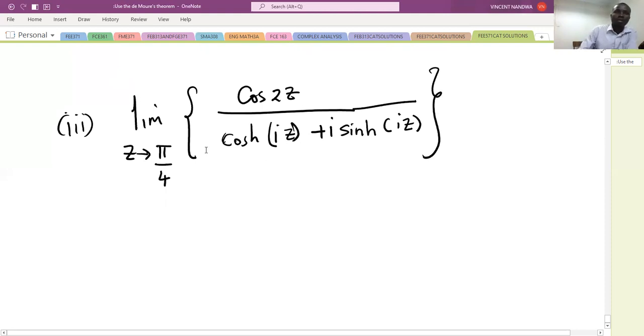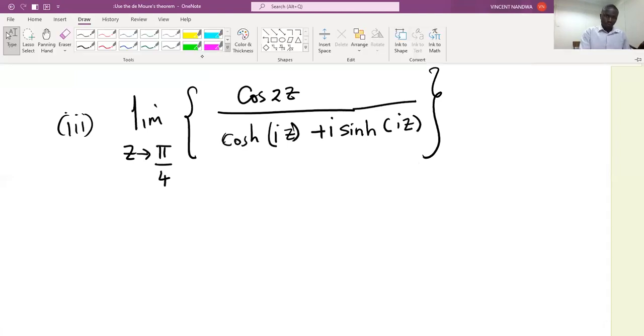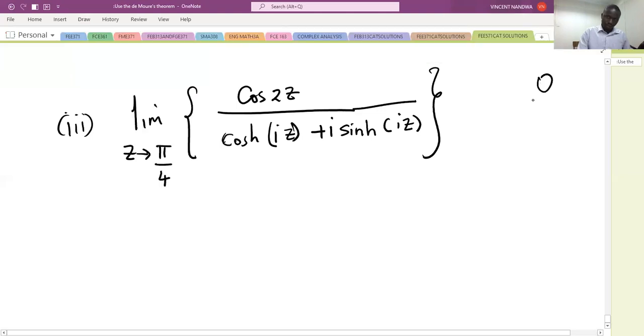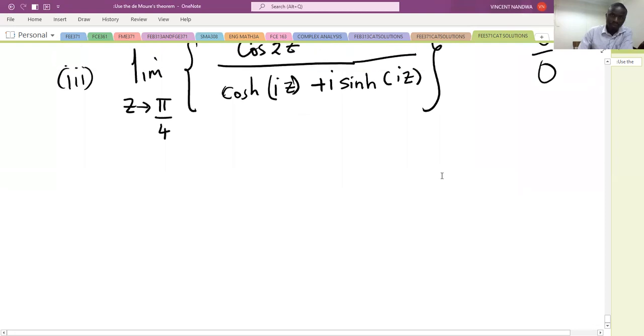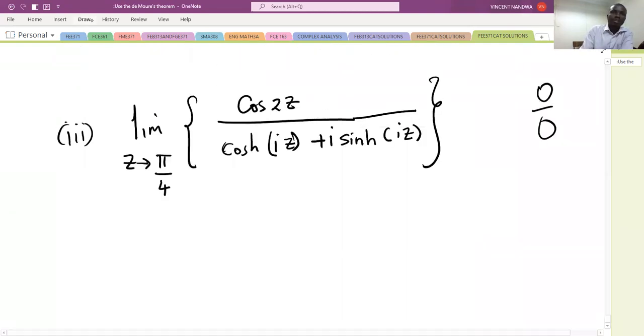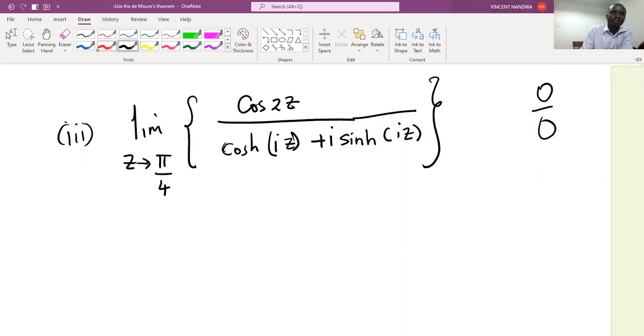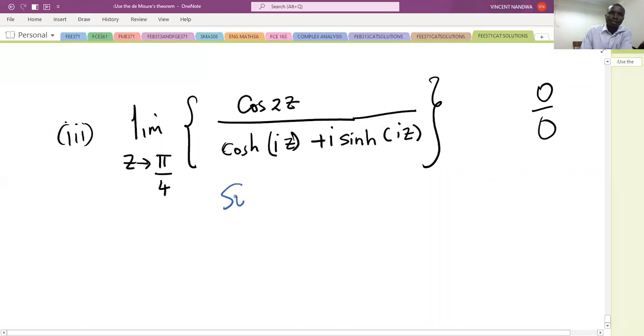So for us to work out this value, you should confirm that when you replace pi over 4 into this expression, you'll get 0 over 0. So it means that now you need to do some factorization for this given function before you evaluate the limit. Now, solution, we know that